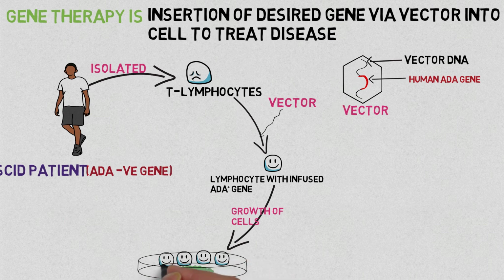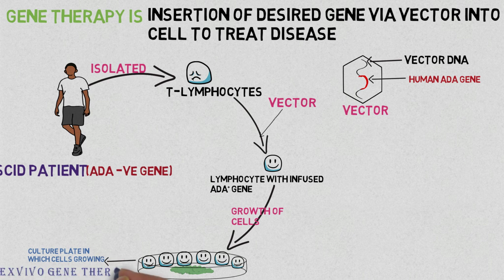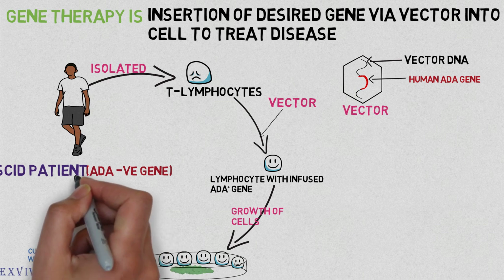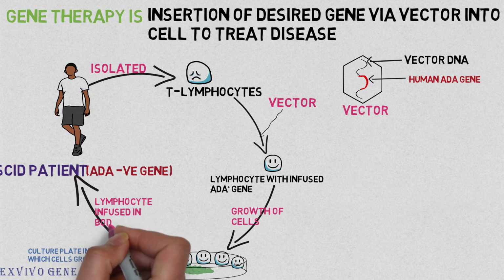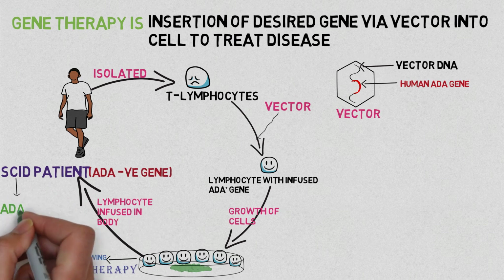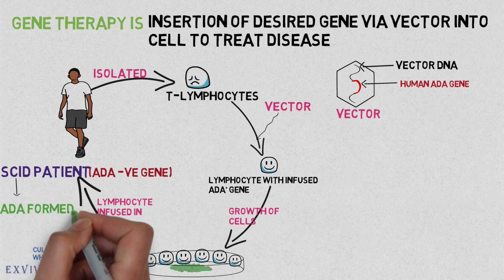These T lymphocytes infused with the ADA gene grow in the culture, and this culture plate contains a liquid medium which contains the nutrients, so the cells start growing in the culture medium. As this culture is performed outside the body, we name it ex vivo gene therapy. This ex vivo gene therapy is used for SCID patients, and these lymphocyte cells are then infused into the SCID patient. As a result, the ADA enzyme starts